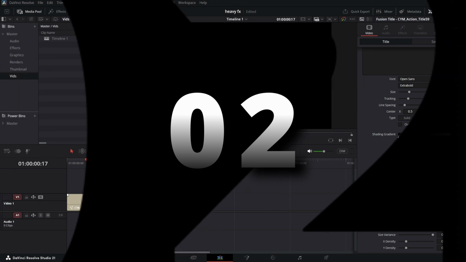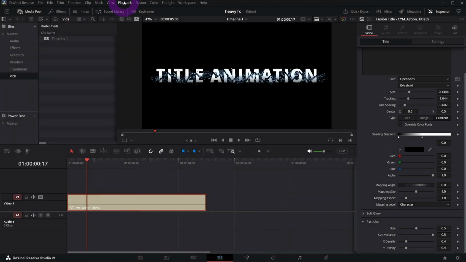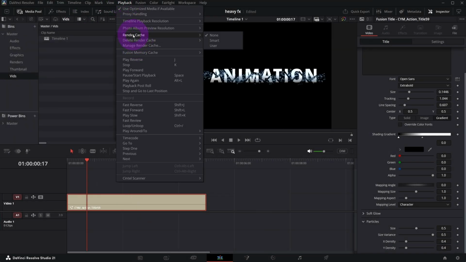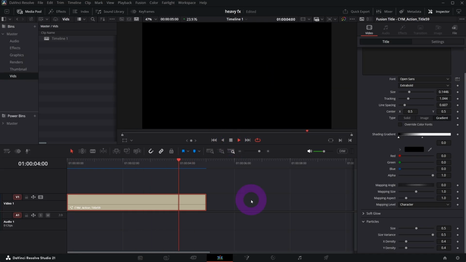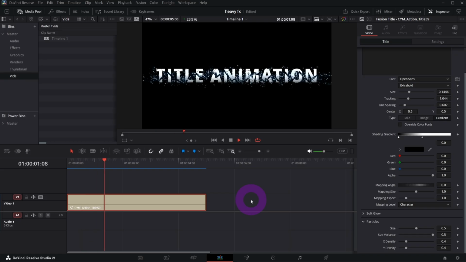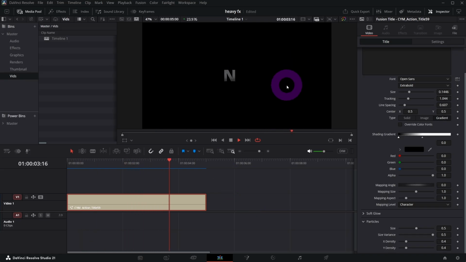Another way to approach it is to enable render cache. So go to playback, render cache, and switch it to smart. You will see the red line above your clip, above your effect, and once it turns into blue entirely, your effect will be played smoothly, will be rendered in cache. So right now you can see your effect in real time and you see exactly how it looks when you